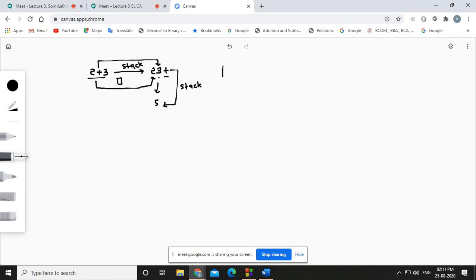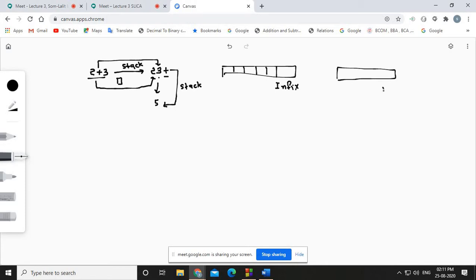Whatever expression is entered by the user will be in an array. So here we have an array, something like this, and this array is called the infix array. The other thing is the postfix array.